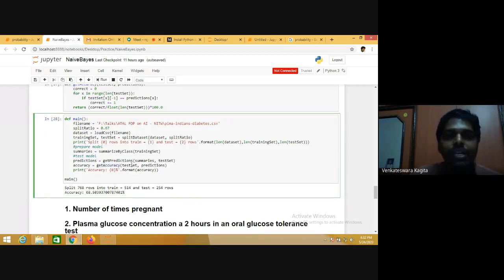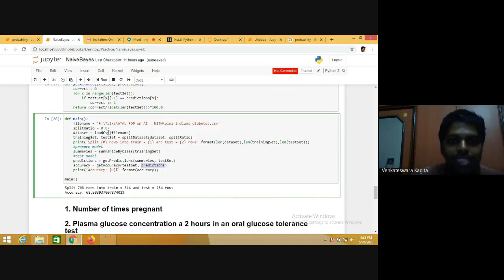Means that you already know the ground truth of each and every example in this test set, and you also know the predicted value. So you know the actual value and the predicted value, and you want to compare them to see whether it is right or not. In how many cases there is a hit, or in how many cases there is a miss, you want to calculate, and then finally print the accuracy of the model. So now we'll see one by one.